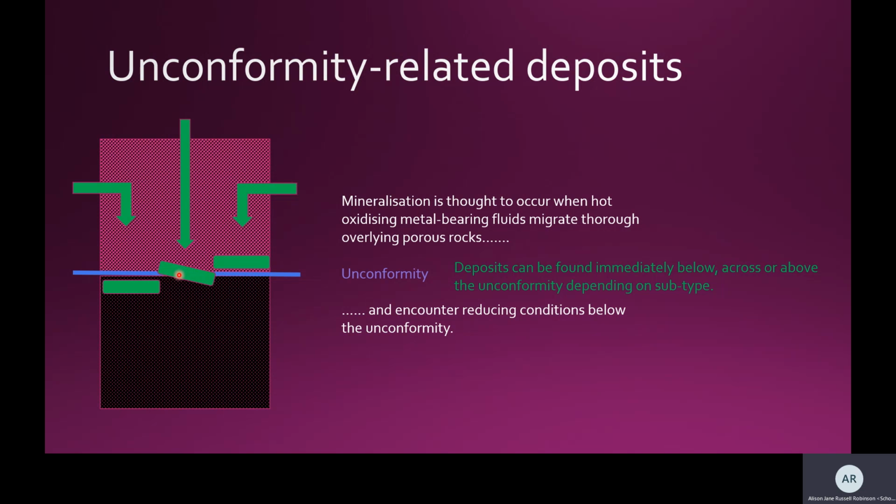So if you've got mineralization, you know that you've got mineralization about an unconformity line, and you can track that unconformity line in the geology. You can then predict out of the picture where further along that unconformity you might find uranium mineralization, and hence where you might extract it out of the ground. So an unconformity becomes quite an easy marker to spot, to harvest, as it were, uranium